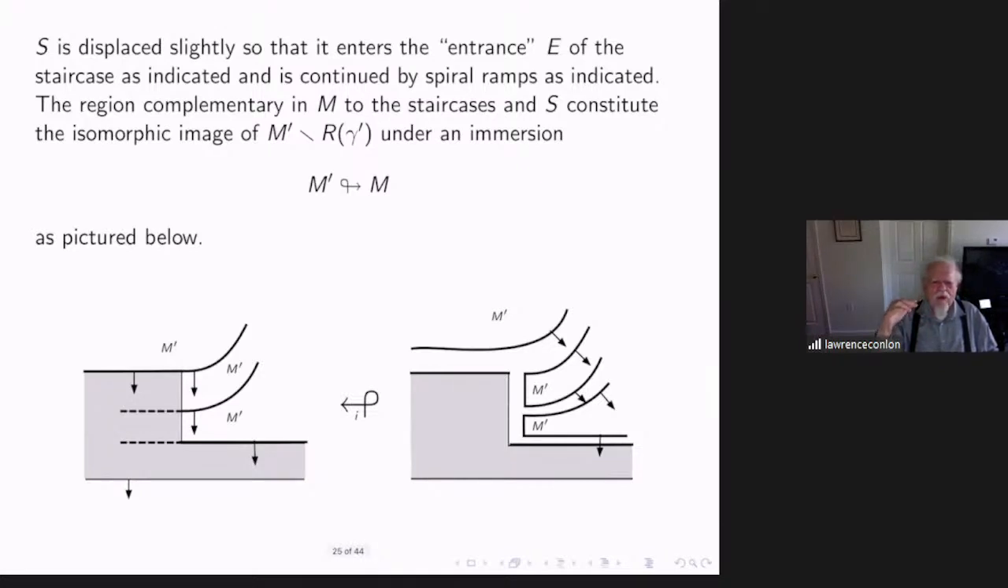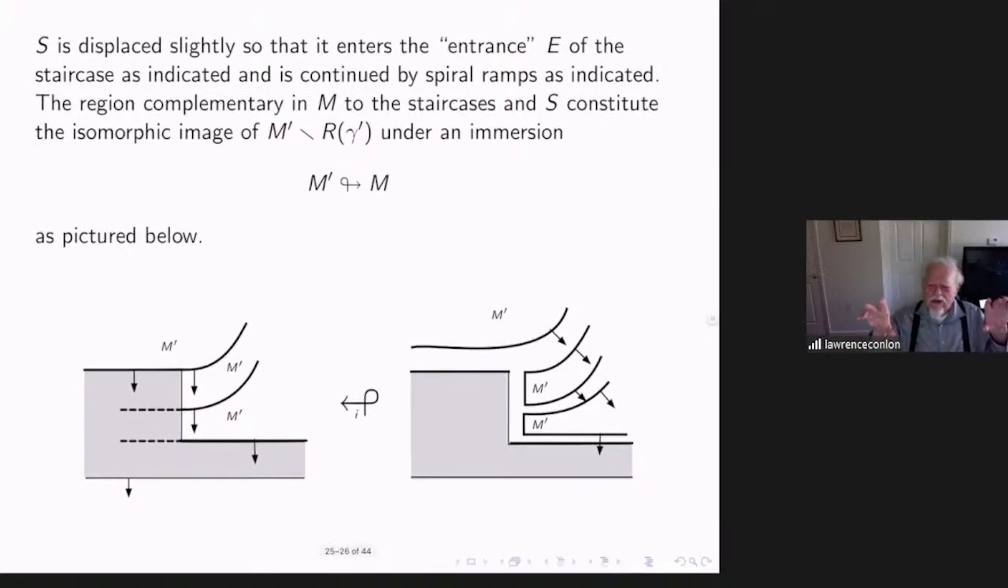Now the region complementary in M to the staircases and S is an isomorphic image of M prime, throw away our gamma prime, under an immersion of M prime into M. The picture is below. On the right, we see M prime preparing to immerse into M. And on the left, we see the immersion is completed. So M prime now, remember, carries a smooth foliation. And it's meeting these vertical parts of the boundary of M prime